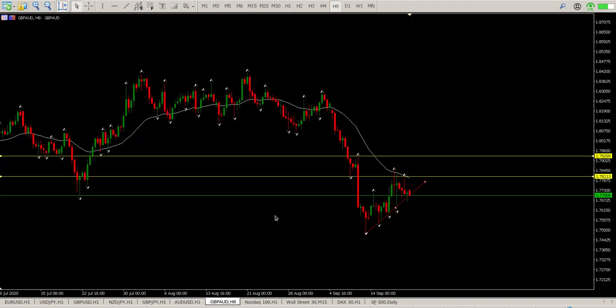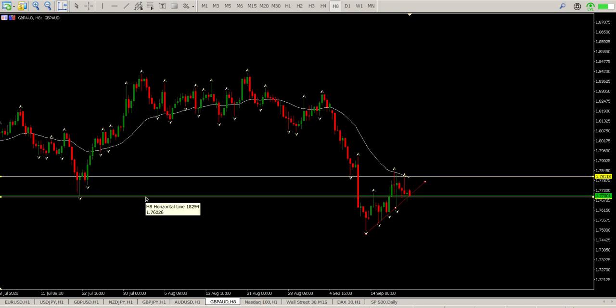Last pair on my radar for now is British pound, Aussie dollar, and this is still a flag for me. Okay, so yes, we're looking at dollar weakness on the pound USD, but I think here we're looking for pound weakness against the dollar. So the pound has been hammered down here, recovering slightly, coming back to test these breakouts, and you can see that breakout there that I was looking for last week didn't happen, 179299. So I am going to adjust that,